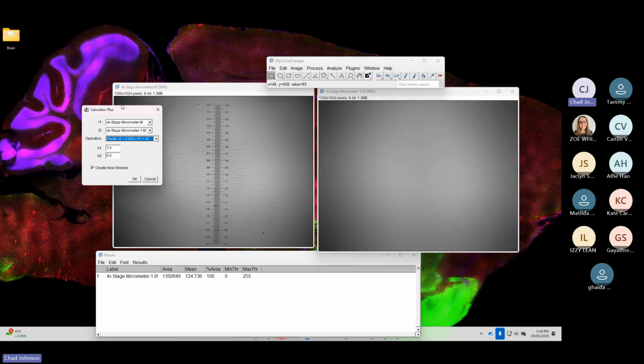So divide will divide every single pixel in one image by the other image, and then I'm going to apply a multiplier to it. So you've got image 1 divided by image 2 multiplied by K1 plus K2. I'm not going to use K2, but I'm going to use K1, and that's going to be this value. So I'm going to type 124.736, and that's going to be my multiplier, because dividing the images together is going to make a very dim image,